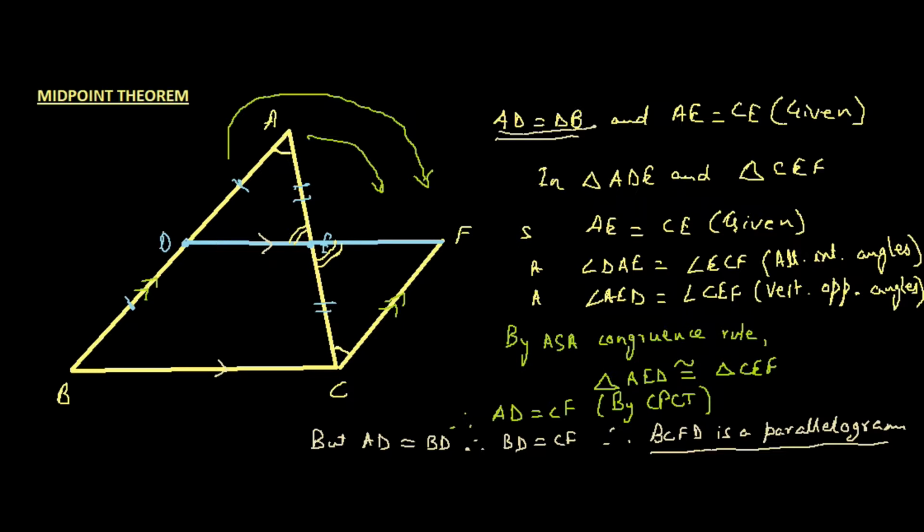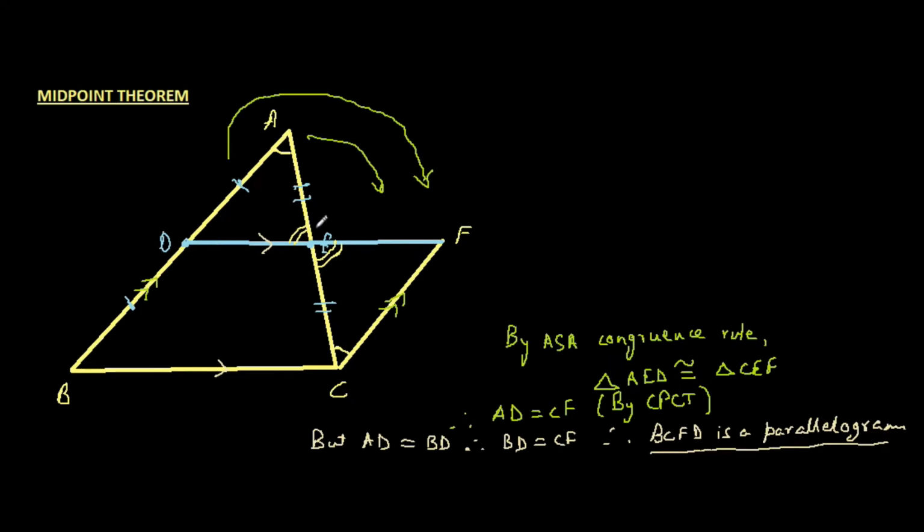So to prove that, also let me delete these things on top because I don't need them any further. Now again, according to the corresponding parts in triangle AED and triangle CEF, we know that the corresponding parts here are DE and EF. So we can say also DE is equal to EF, and we can write that as by CPCT. And because BCFD is a parallelogram, we can also say that DF is equal to BC. We can write that as being a parallelogram.